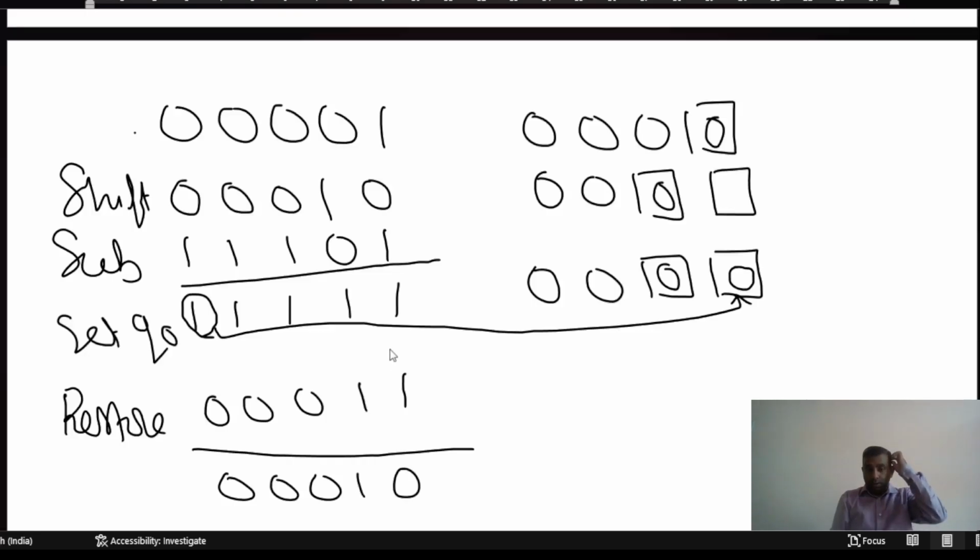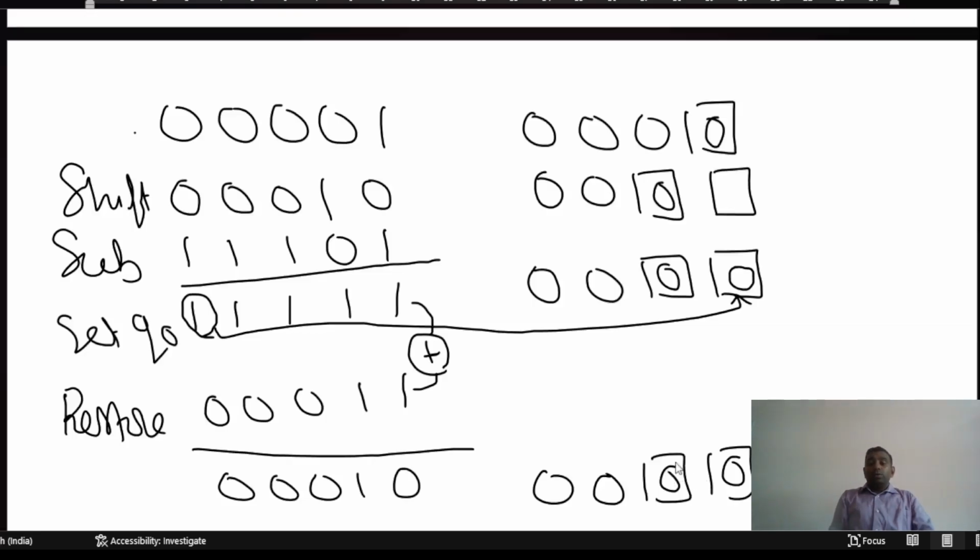This is the addition of this plus this. So this is the result, and this is the result of remainder, and this is the